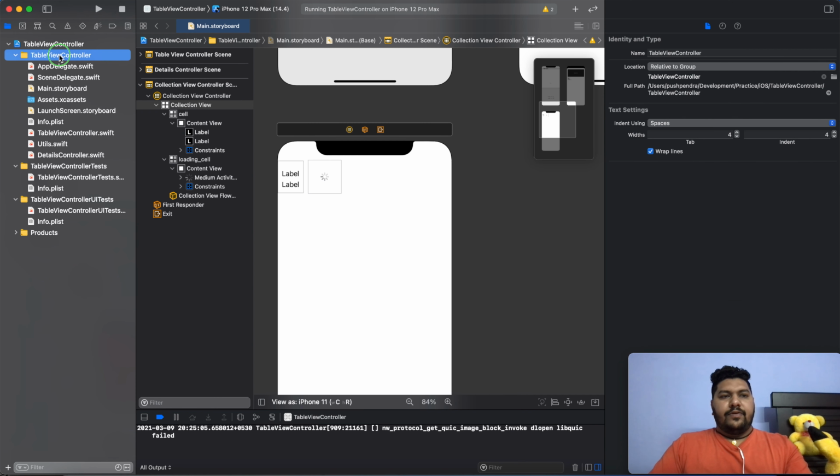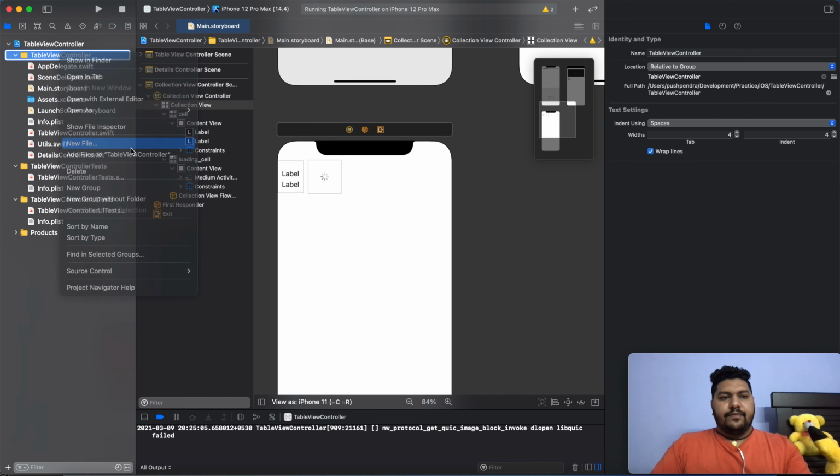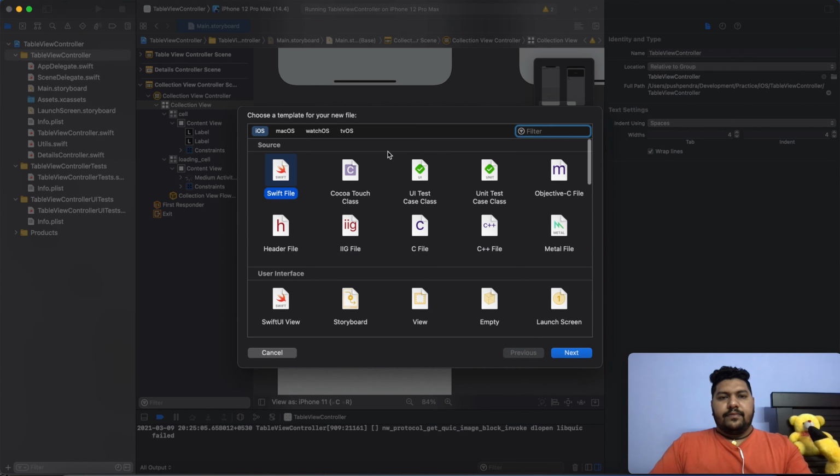Now I have to create one view controller which will be of type UI collection view controller. So here I will select UI collection view controller and I will give it a name like pagination. Click on next. It will create it in your repository.